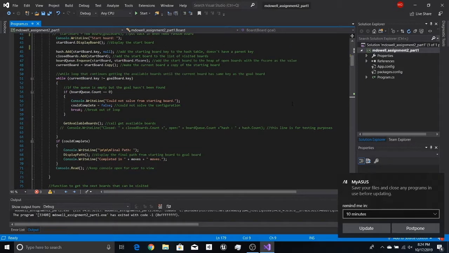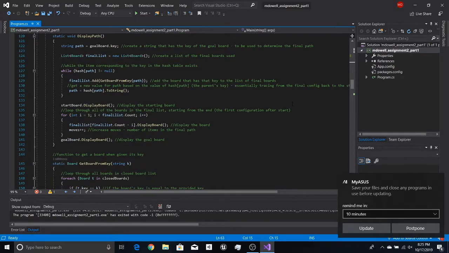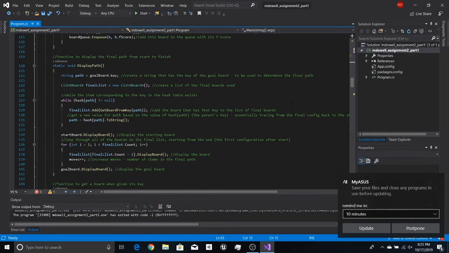After that, if it was able to complete, which it should unless it's a random configuration and it's an unsolvable 8 puzzle, it displays the final path, calling display path. Display path starts with a string called path, which is equal to the goal board's key. I then create a list of the final boards that were actually used. I then have a while loop that continues as long as the hash table has a value corresponding to the path key provided. As long as it does, it adds the board with this key to the final list using